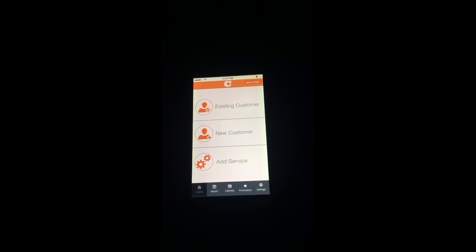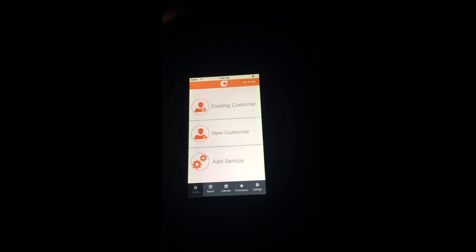And also at the end of the day, it's going to give you an end of day, which is right here in the right hand corner. So when you get that notification,